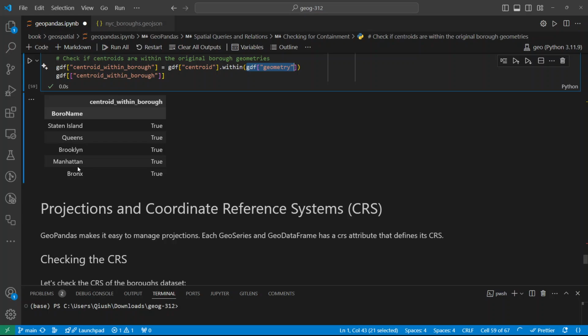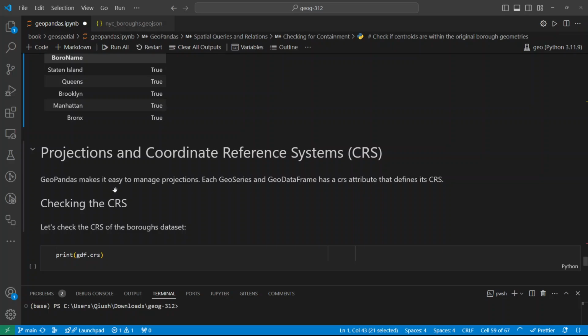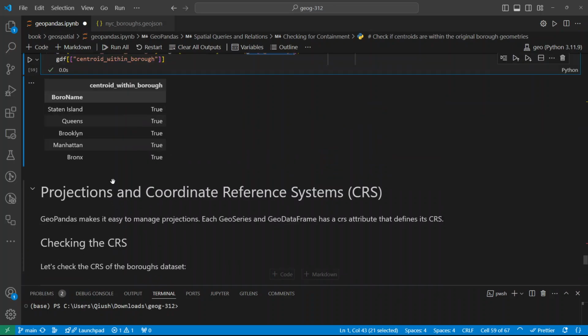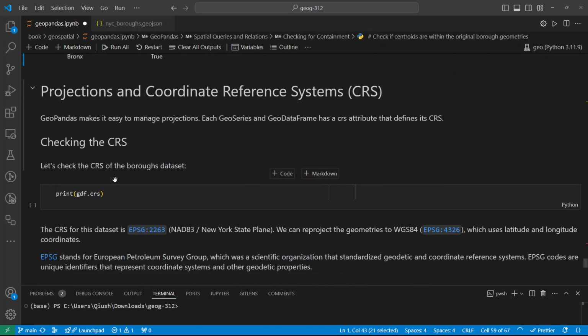We'll show you more examples in the future, but for now, just to say, you can have some of these spatial analysis functions. Okay. So the last one we're going to talk about is the coordinate system, and this one